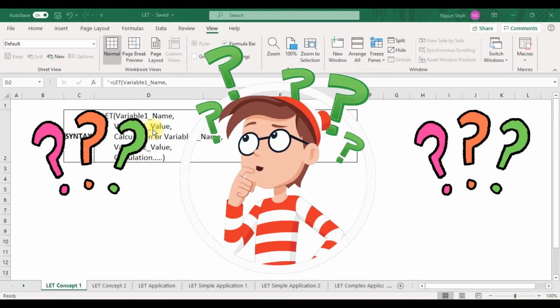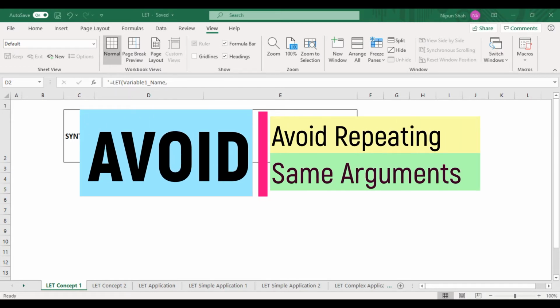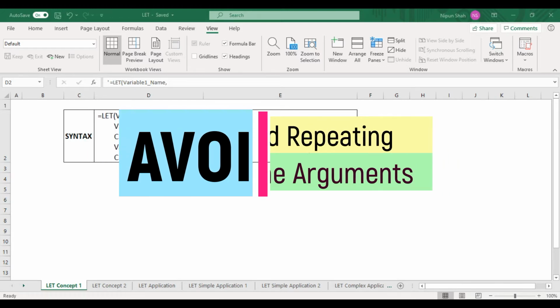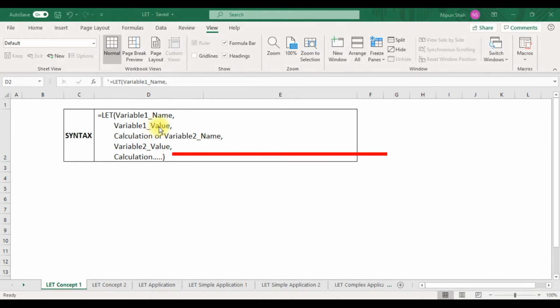Guys, you must be thinking what is the use of it. So let me tell you that LET function is a very powerful function in Excel by which you can simplify your long complex formulas and allows you to use named variables in place of using the same nested formula again and again inside a particular function. Guys, in this episode I will explain the basic concept of LET function and a few examples where you can use this function.